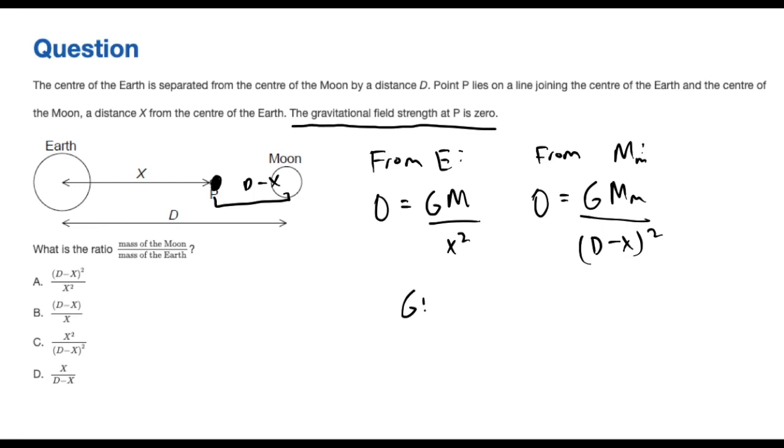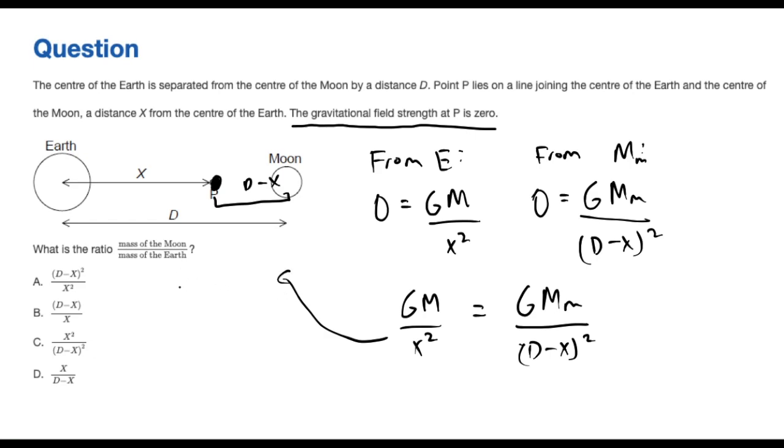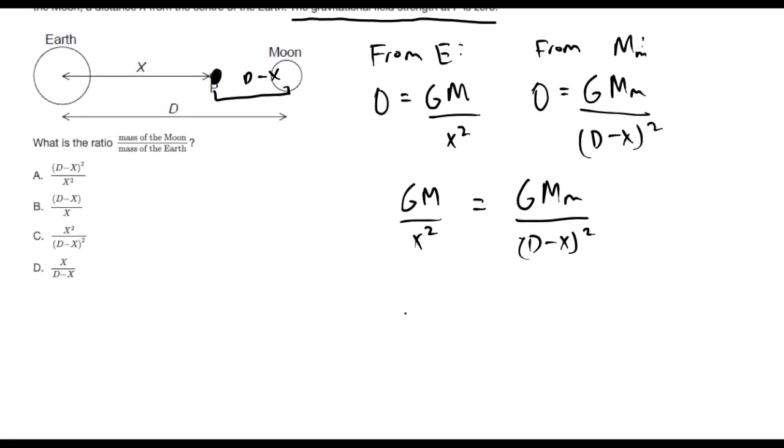Notice how they both equal the same thing, so let's equate them together. So we say GM over x squared is equal to G m_m for the mass of the moon over d minus x whole squared, and we want to get the mass of the moon over the mass of the earth, so let's just put that into this question. So let's cross multiply. We will get d minus x whole squared